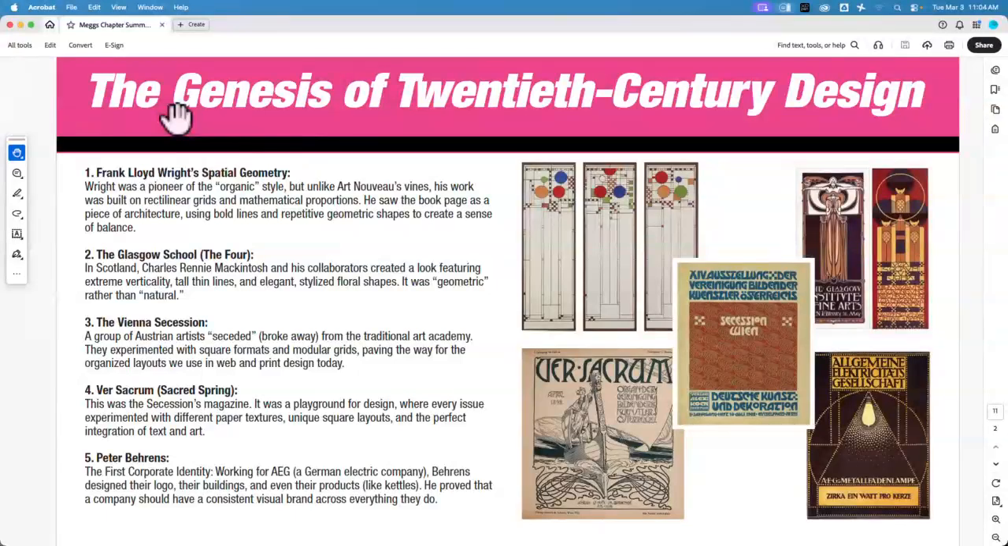Like, he's a pioneer of the organic style, but unlike Art Nouveau's, he did it very geometric, organic. He wasn't all about these lines and this work here. He did it in his own way, which I think also stepped him out. It made him different. Architecture was also a huge thing for him. So it wasn't necessarily graphic design, but he designed,